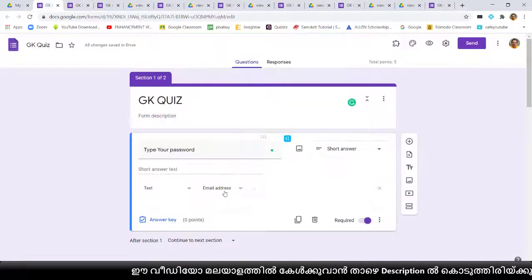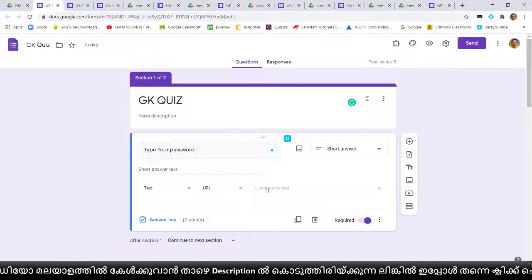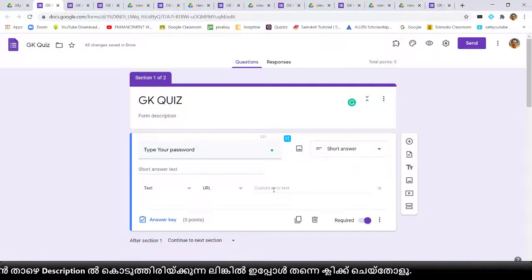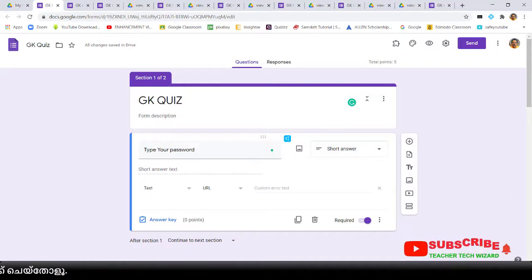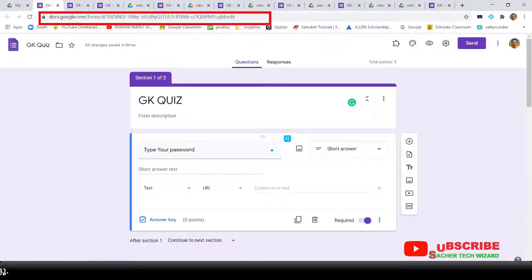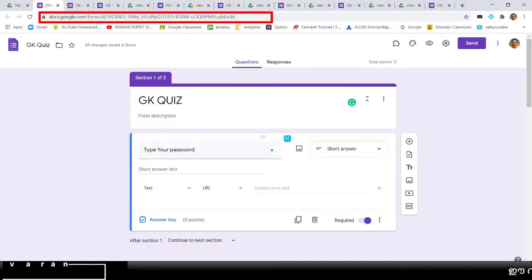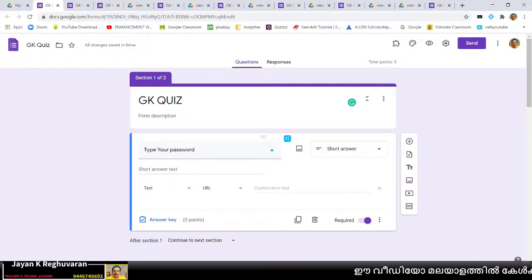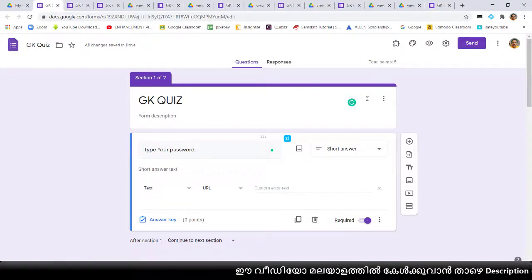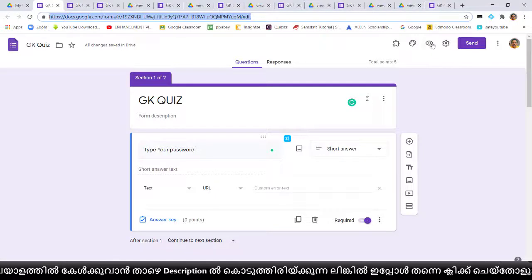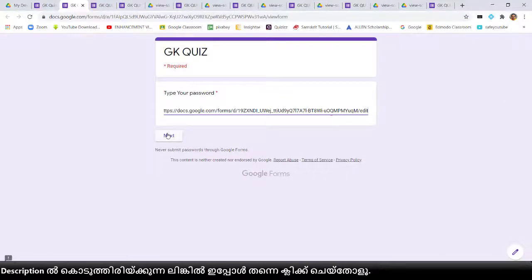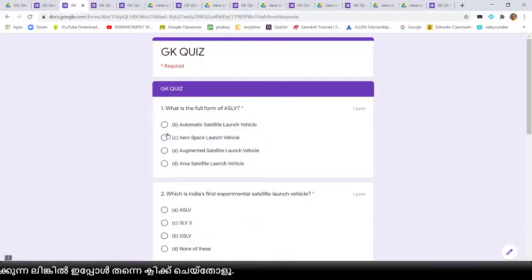Okay, just like the email, the URL also. URL means the link of any file. Whichever file you are keeping in Google Drive, we are getting the link from this side. This is the link box. On each page you are opening, this is the link box. From this box, if you copy any link, that link you can use as the password. See, I will show you copying this link. I am pasting that link here. Then next, see, the Google form opened.